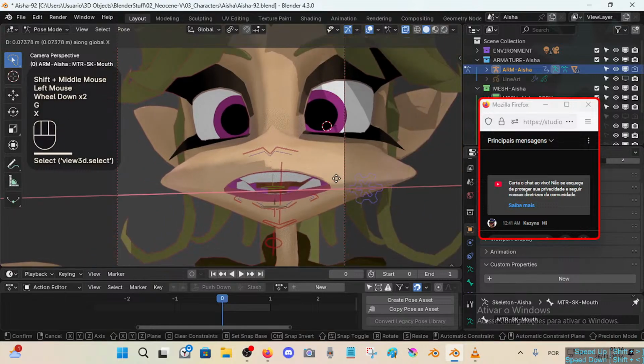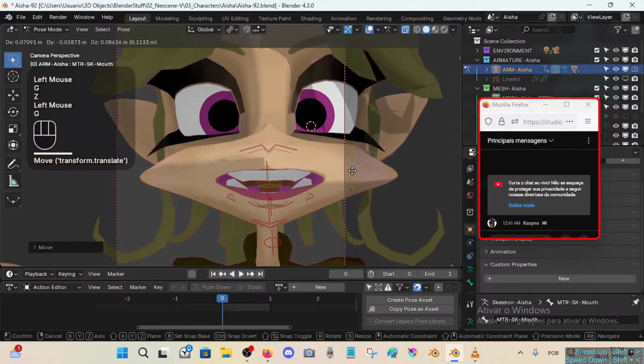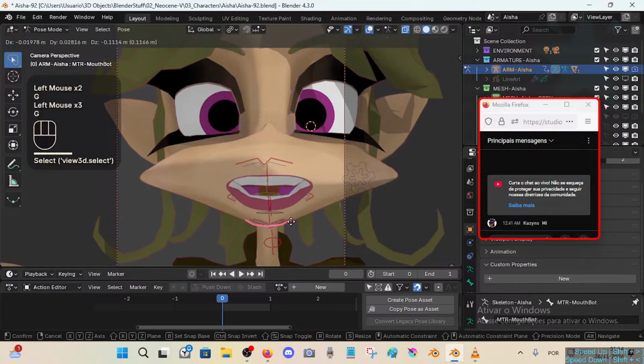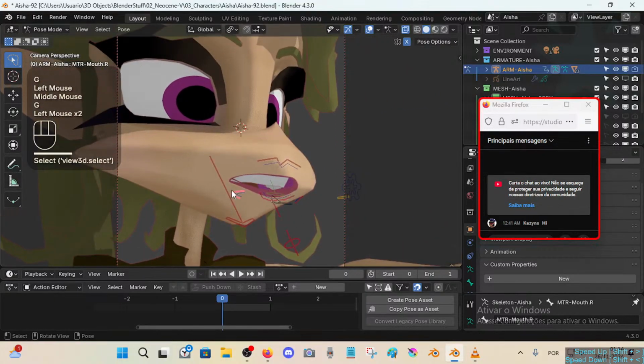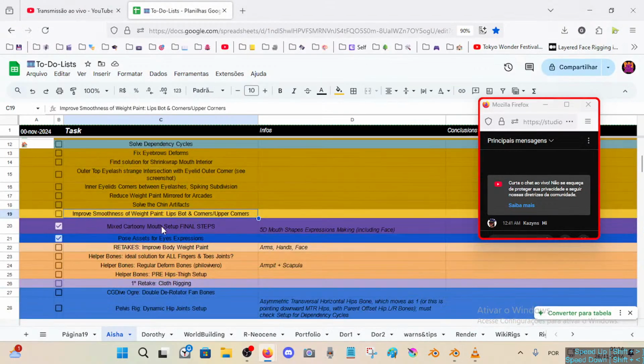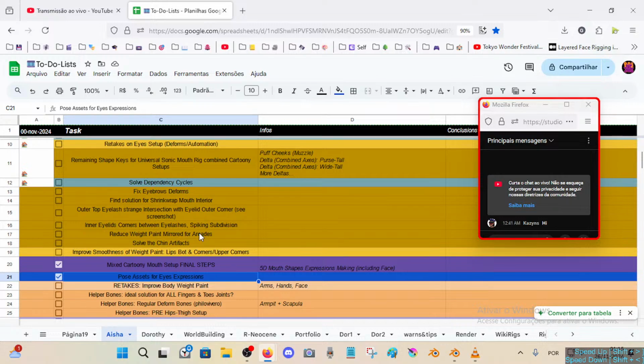So folks, basically the conclusion so far is that I'll make a few more of those expressions in the following days, at least tomorrow. I'll do a few more, try to have some fun with that, but I'll be doing improvements in the melt rig, all this stuff, on my own. I'll see whatever I can achieve, and my idea is to be finishing this, not pose assets, but the experimentation. Already found some issues with the eyes, also the eyebrows, also a lot of things to fix, unfortunately, but